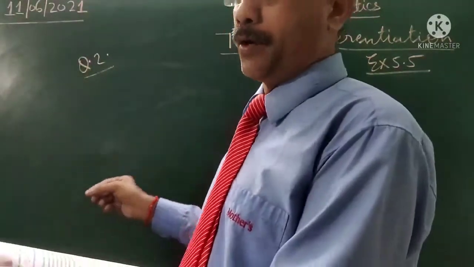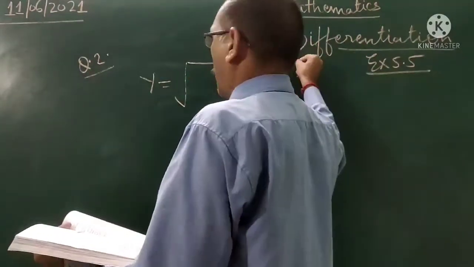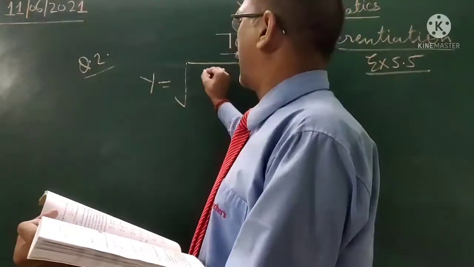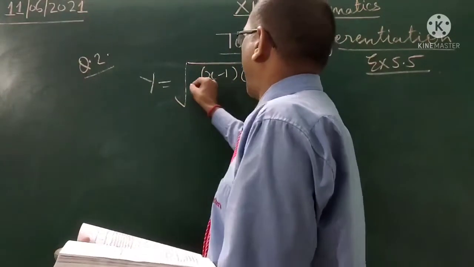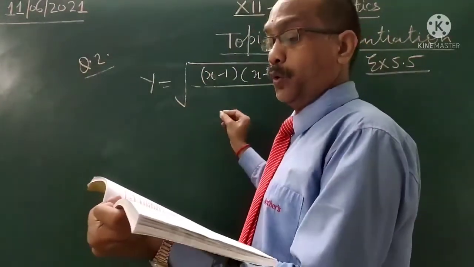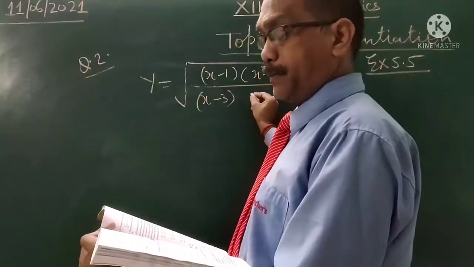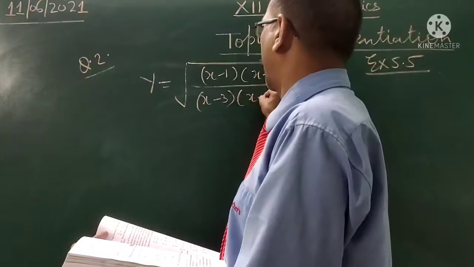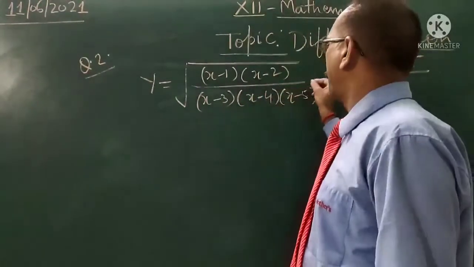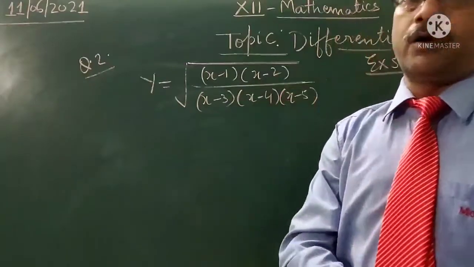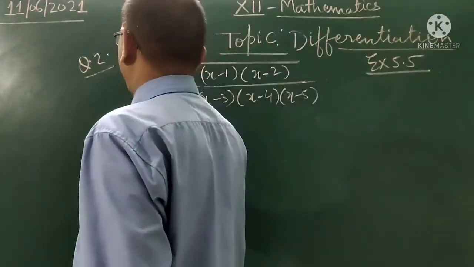Question is y equal to root of (x minus 1)(x minus 2) divided by (x minus 3)(x minus 4)(x minus 5). Now we will take the log on both sides. So log of y